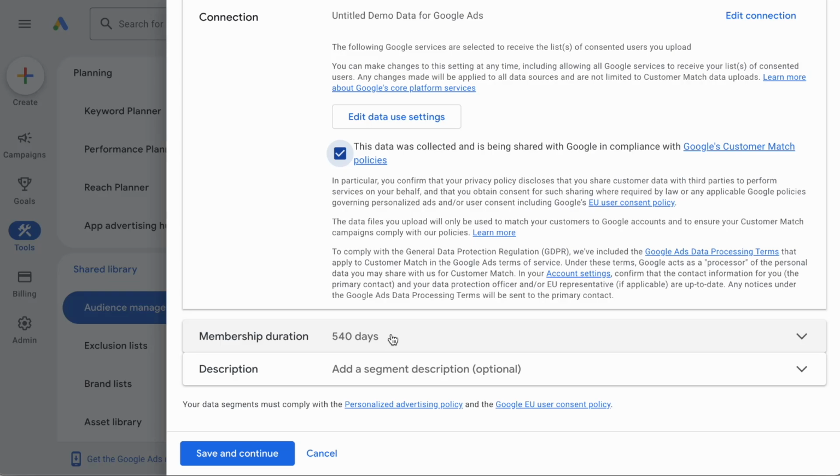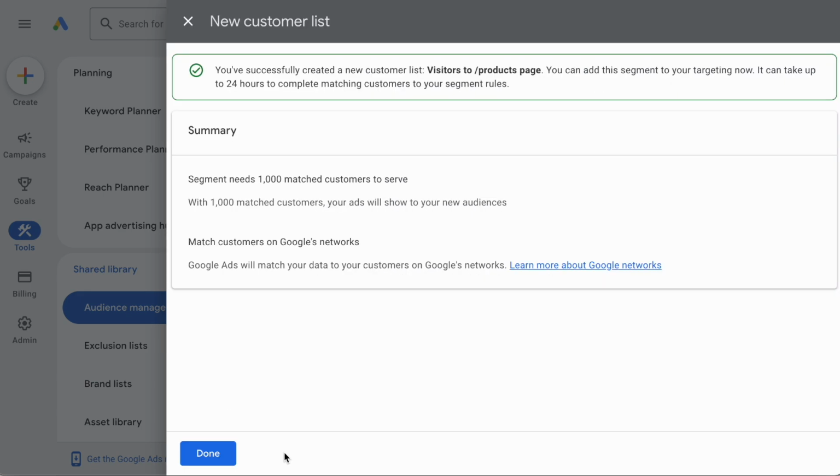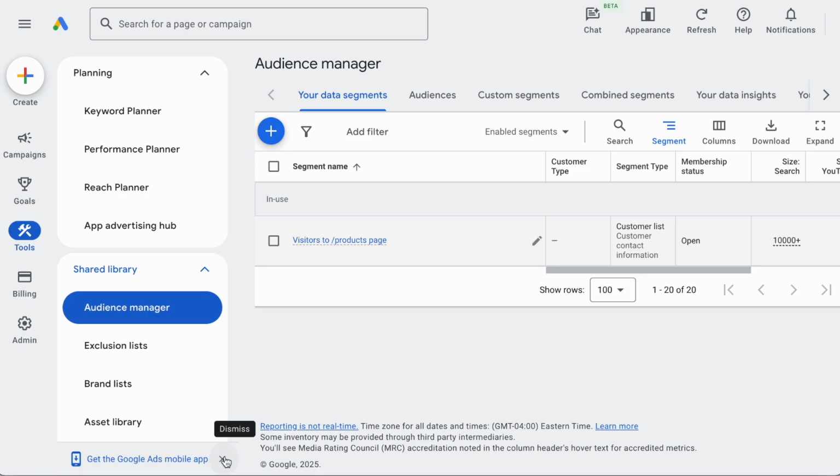Using the Untitled Audience Builder and Lookback window, you can limit the duration of audience members within Untitled. Click Save and Continue. That's it. Now you've created a new customer list in Google Ads that will automatically sync with your Untitled audience data in Google Sheets. Click Done. Now your custom list will show up under the Your Data Segments tab within the Audience